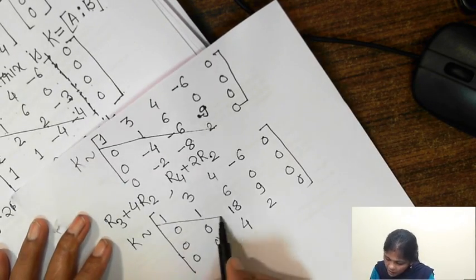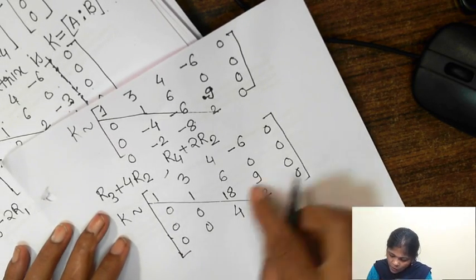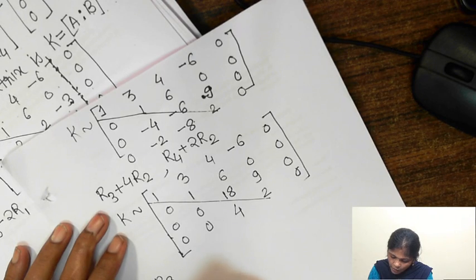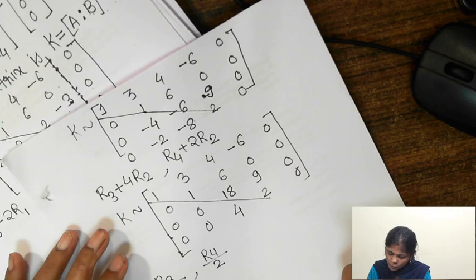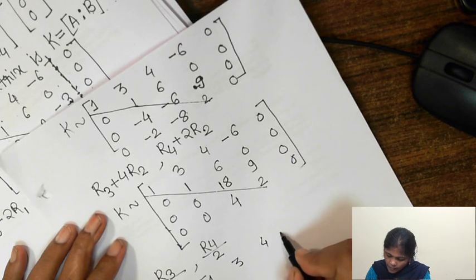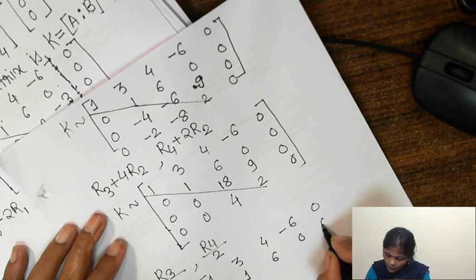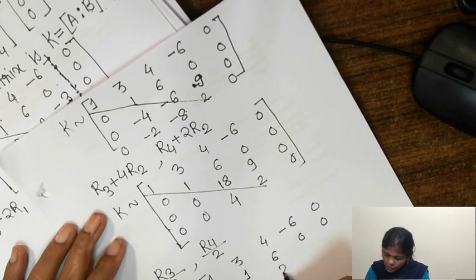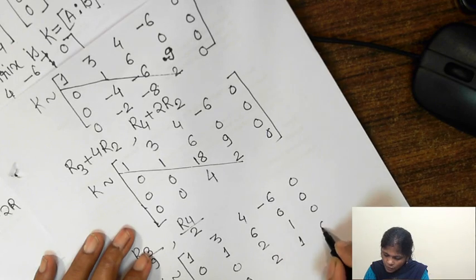Again identify diagonal elements. Now for the sake of simplicity, here we have 9 common in the third row and 2 common in the fourth row. So K implies 0 0 2 1 0, then 0 0 2 1 0.